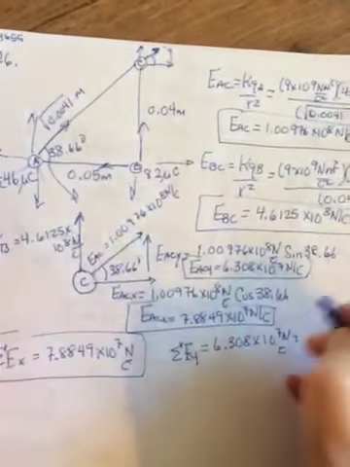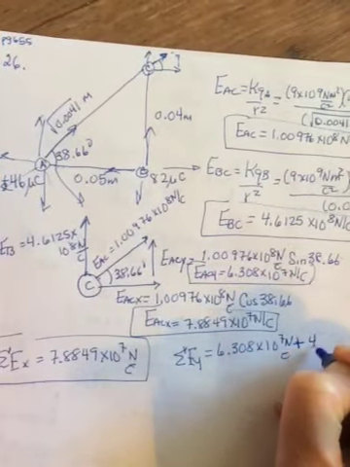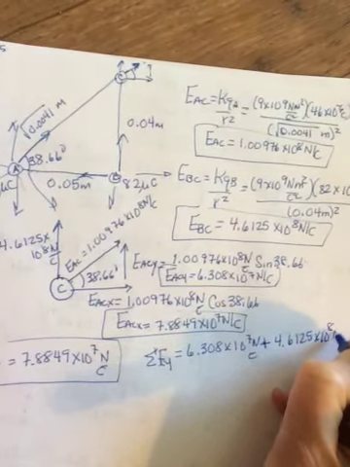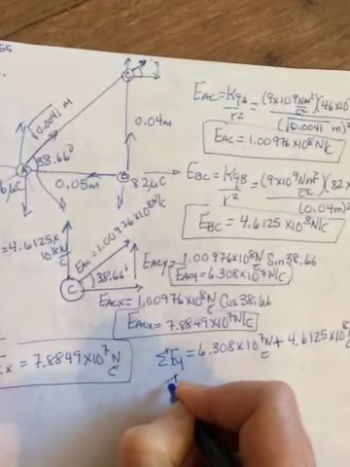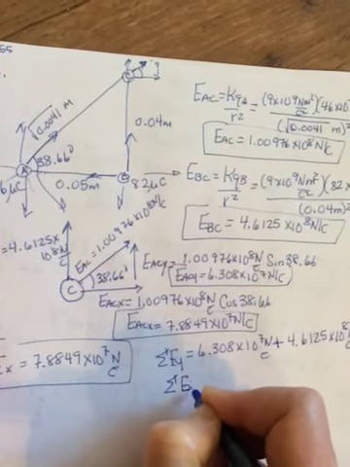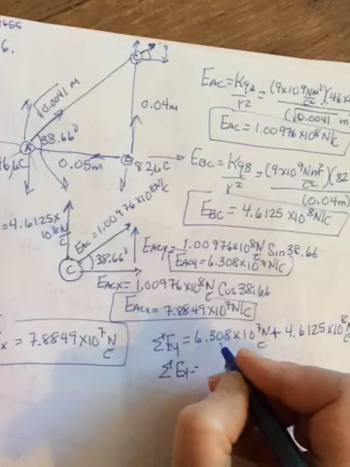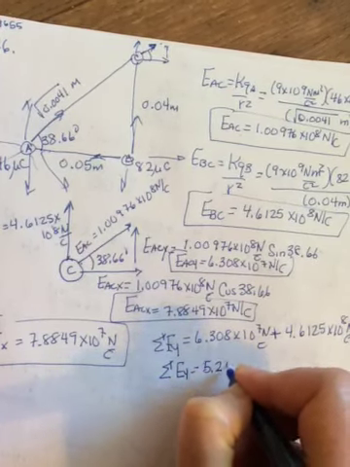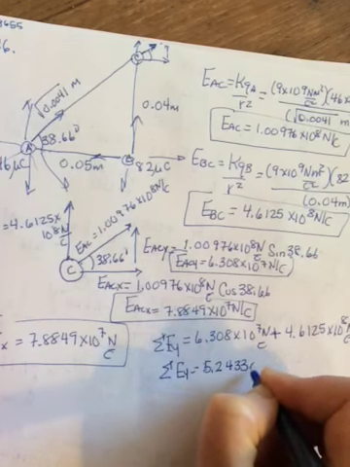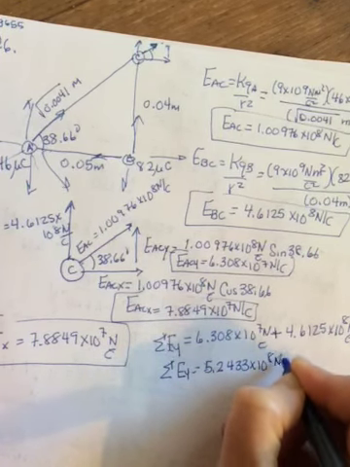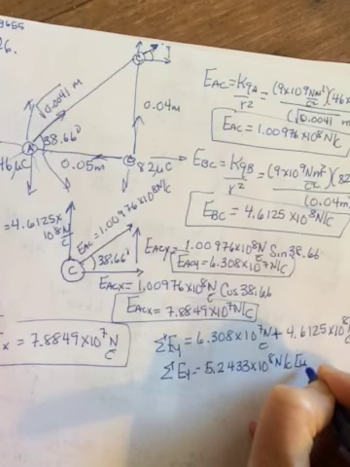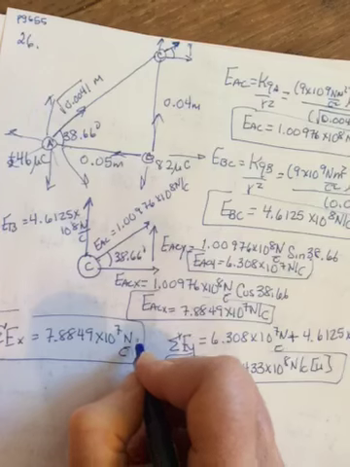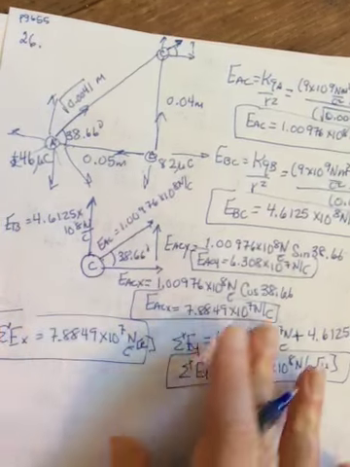plus my 4.6125 times 10 to the 8th newtons per coulomb. And so I will get a total field in the y to be 5.2433 times 10 to the 8th newtons per coulomb. And that'll be up. So once I get my two totals, this was to the right, now I redraw my